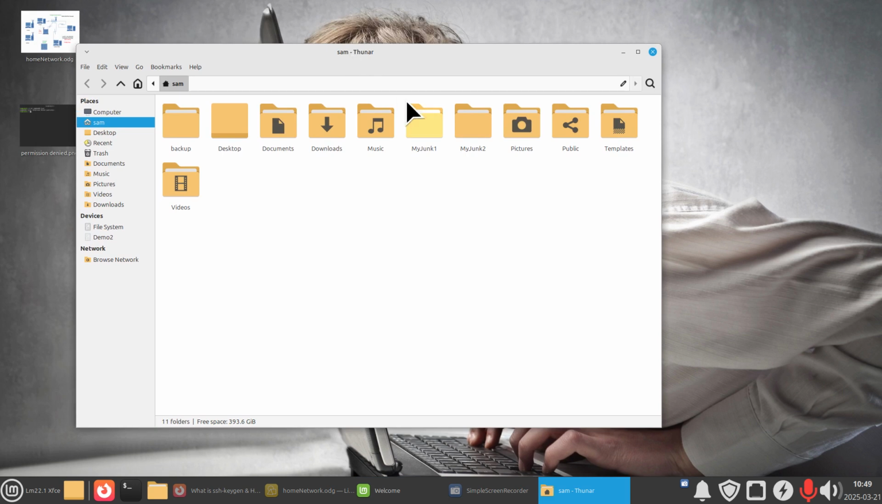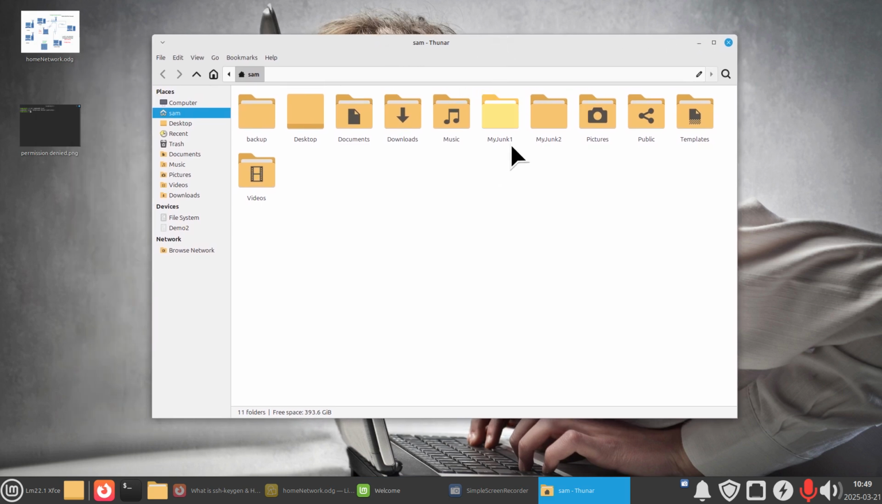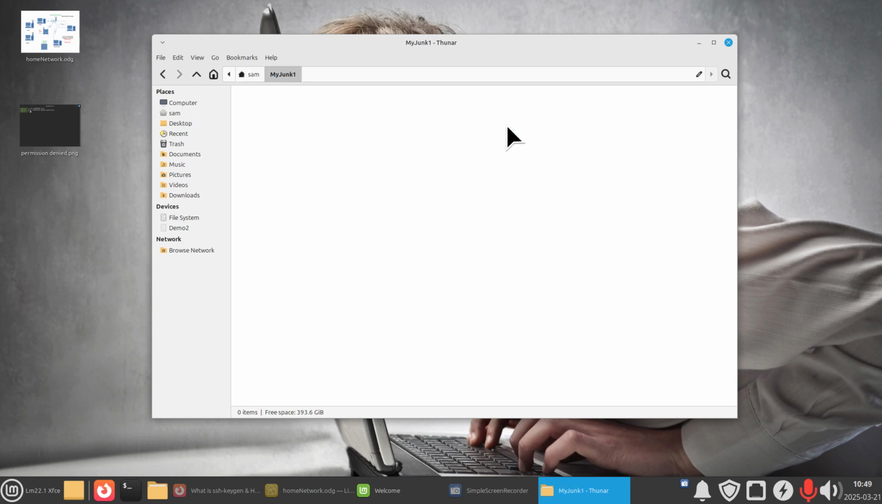In here, Sam is our made-up name user for today, and Sam has a My Junk folder, which is currently empty, and My Junk 2, which is currently empty. All right. If you just hang on a second, what I'm going to do is grab a hold of my laptop, and I am going to paste a couple of images on this system here,